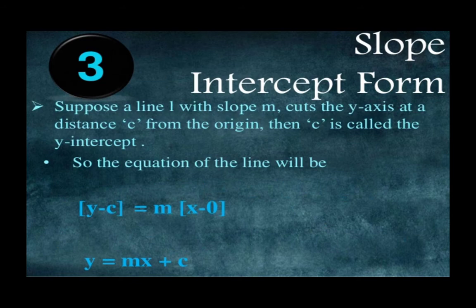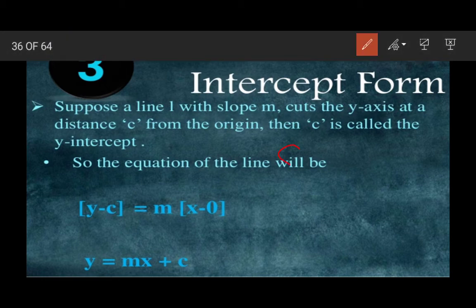Then next is slope intercept form. So slope intercept form means slope is given. Suppose slope of a line is m and y-intercept is given. Y-intercept is c. Then y is equal to mx plus c. If you know the slope of a line, suppose slope of a line is -2, and y-intercept is given as 4,